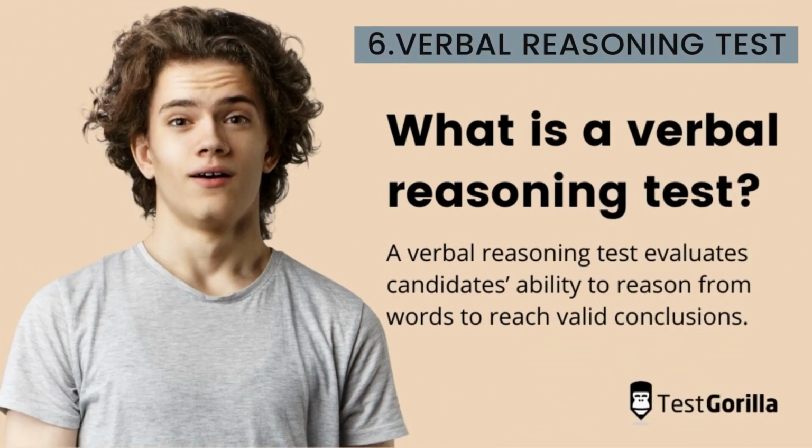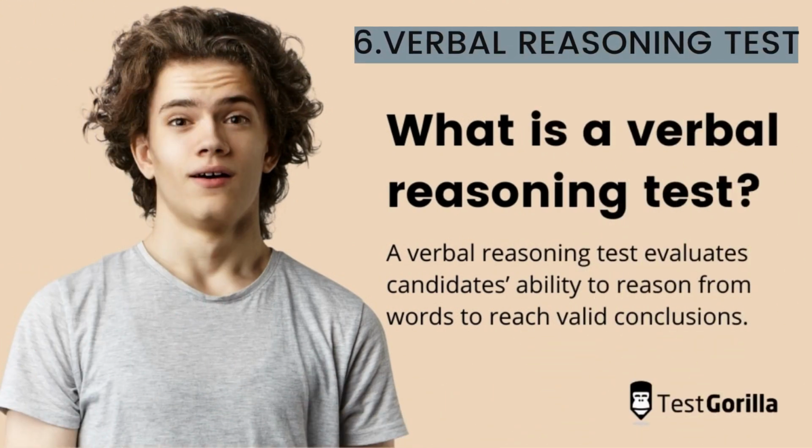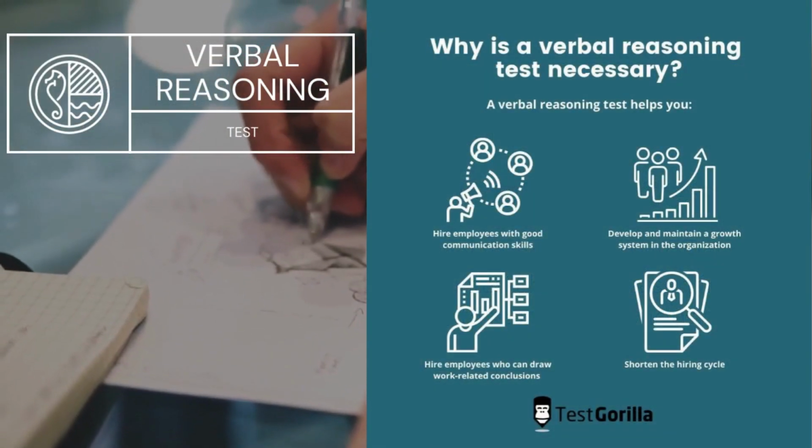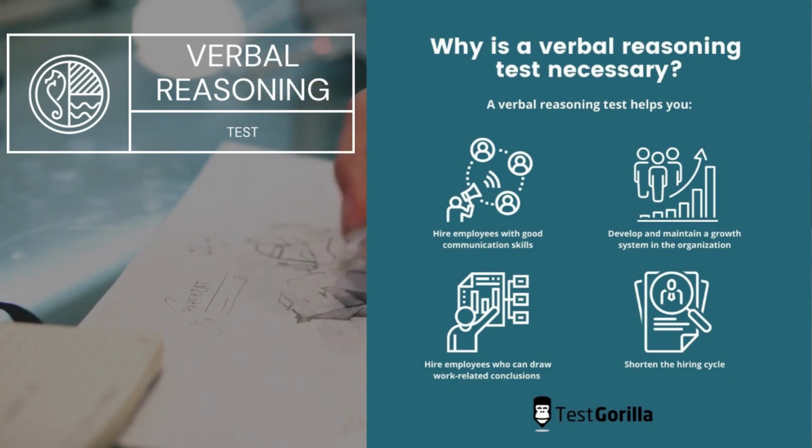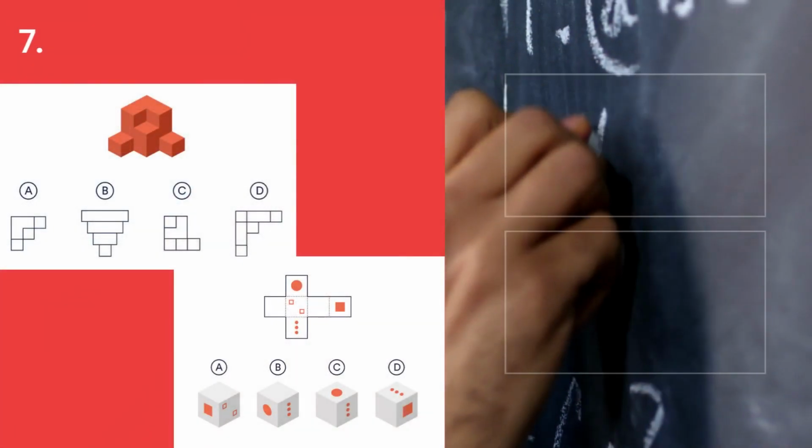6. Verbal reasoning test. This kind of test assesses the candidate's ability to process written material and reach factual conclusions from it. The verbal reasoning test could involve a series of true or false questions or ask the candidate to write a short summary of the salient facts in the material. The nature of the material could vary depending on the industry being tested for.